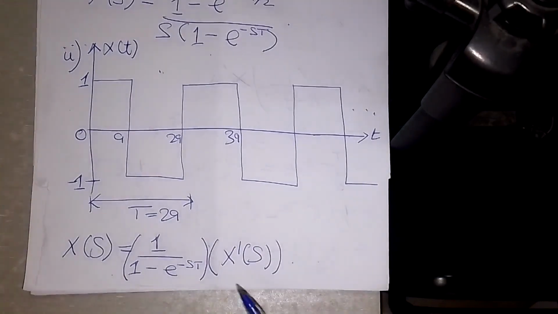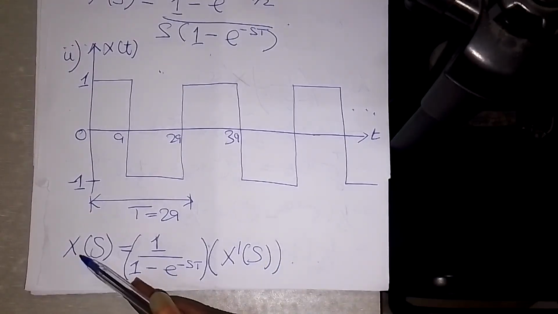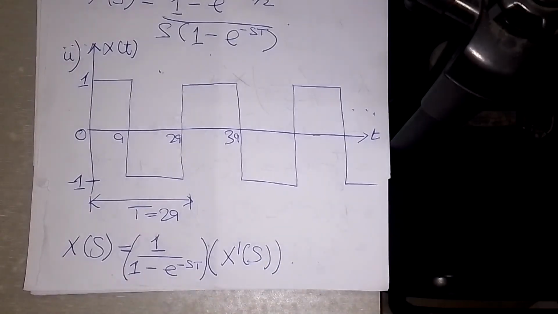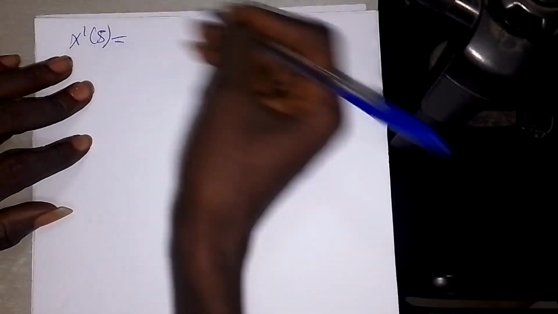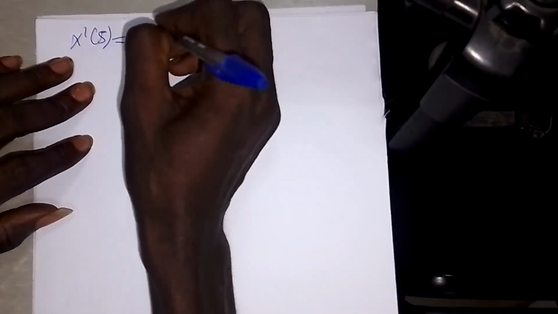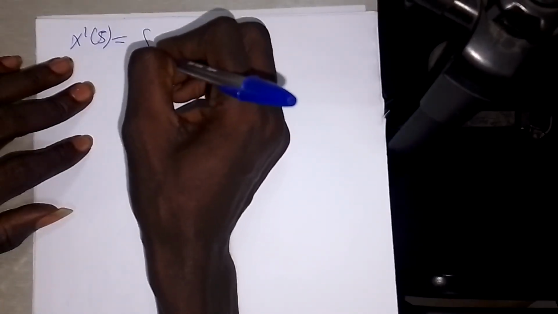So now we are going to look for the X prime of s, then we multiply it by this one to get our final Laplace transform. So let's get into this one. Continuing from here, I can have X prime of s to be equal to, here it's going to be from